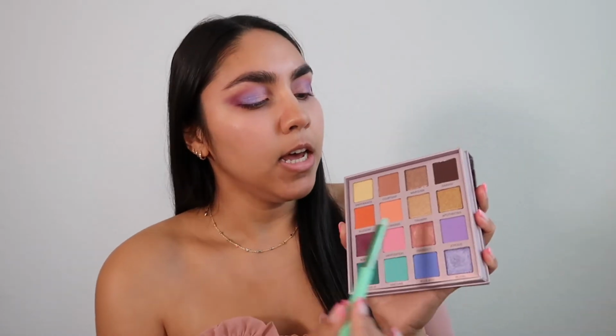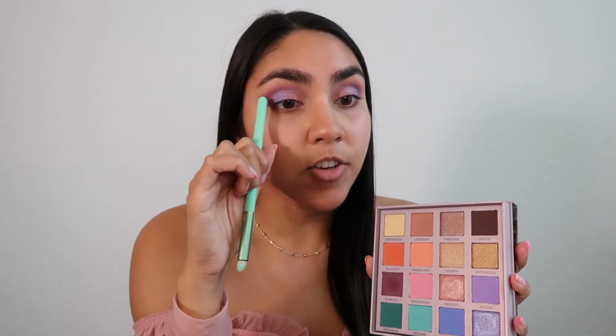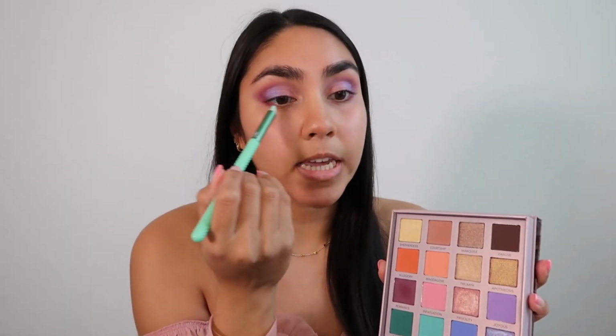Now I'm debating if I use Frivolity or if I use Royal. I feel like I want to use Royal because it's just such a beautiful color, and I really want this pink right here to pop a lot. So if I put Royal here, this pink will be a lot more contrasted because it's only in one place in my eye. So I'm just gonna dip in, definitely tap off the excess, and then run it